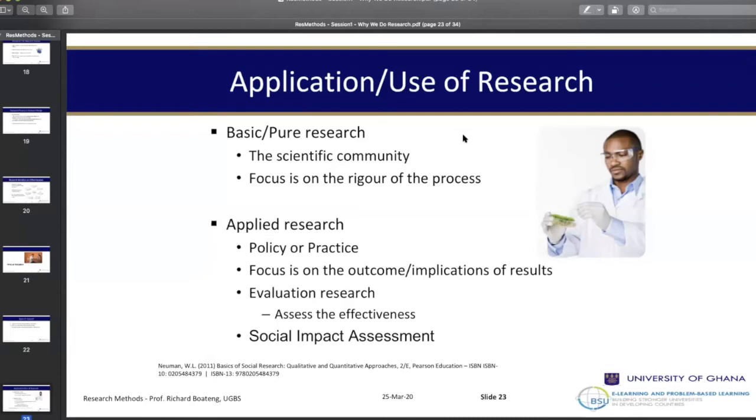Now, there are two types that I want to mention in terms of applied research. There's evaluation research, or monitoring and evaluation. Usually those types of research are done either during the project or at the end of the project to ascertain our ability to achieve the project goals or project objectives. So they match where we are with what our project objectives were, or they evaluate the discrepancy between the two and try to see what we can do better to make sure that the project achieves its goals.